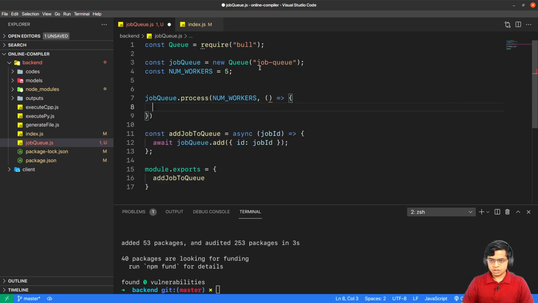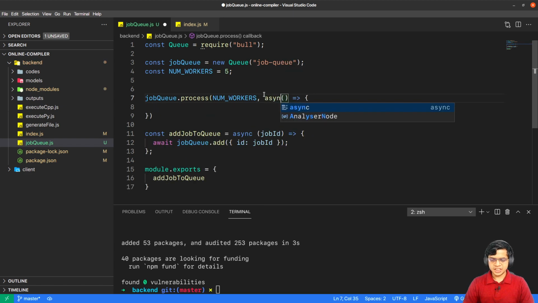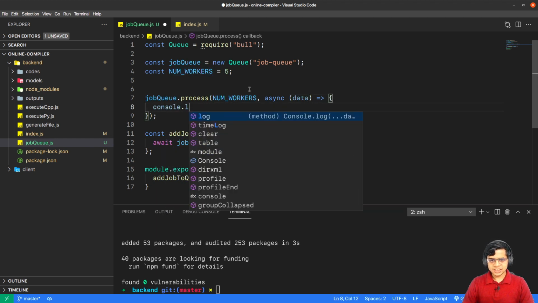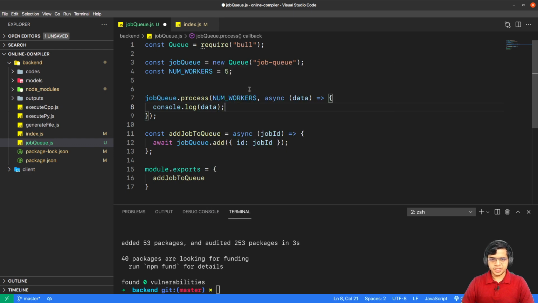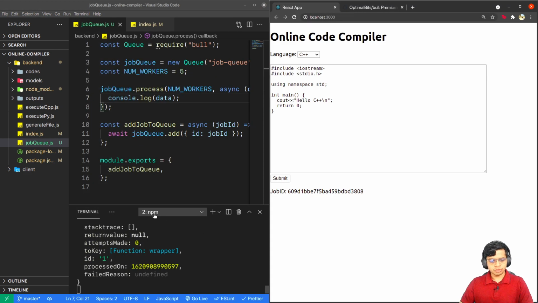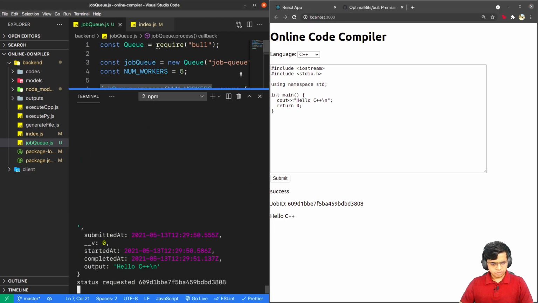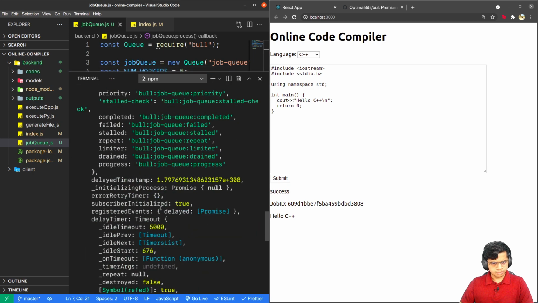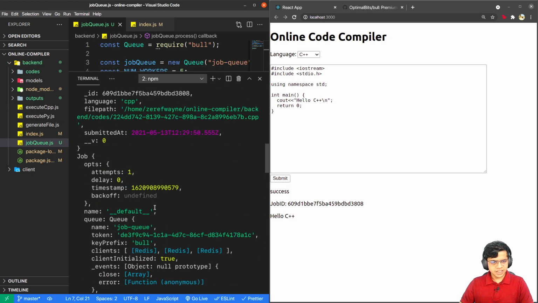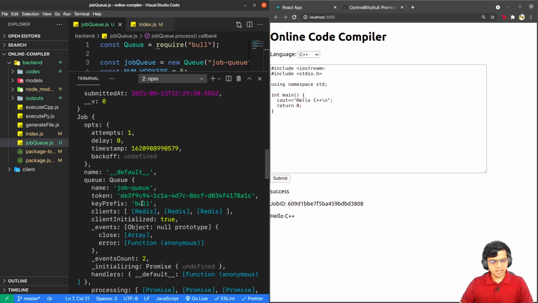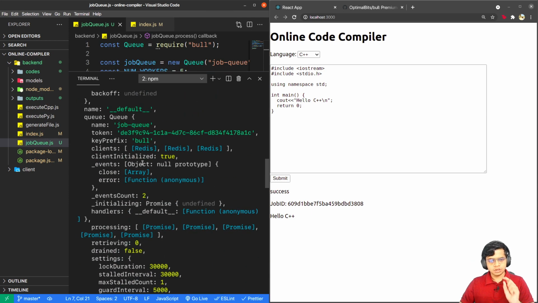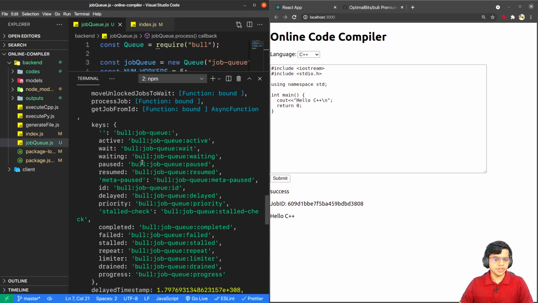I'll create a function here. I'll make it an async one because we'll need it later on. And inside this I get the data property. For now let's just console log it and see what we get. Make this new file and we got something new. So here we have this entire big object, and this is nothing but the job that was submitted to the queue.